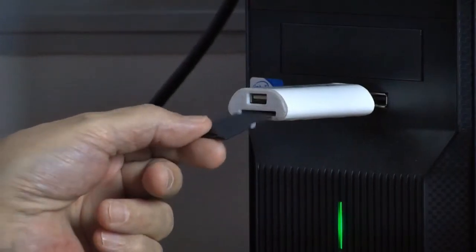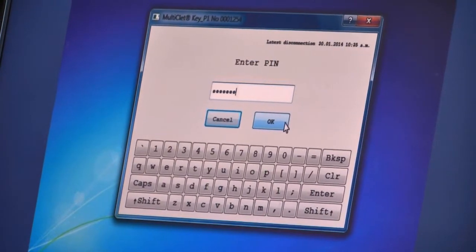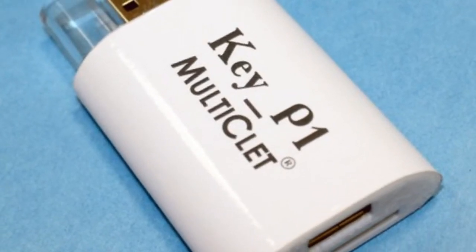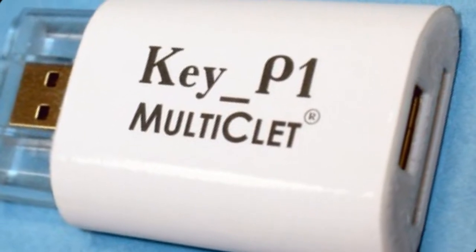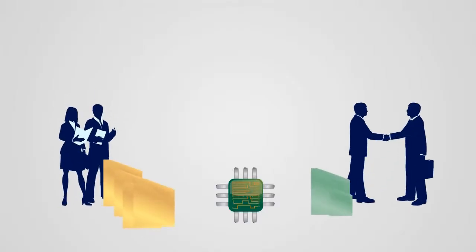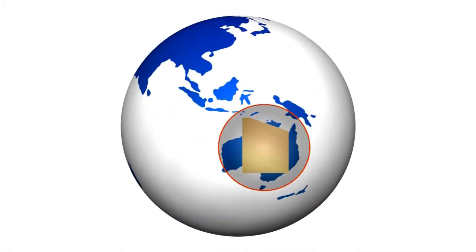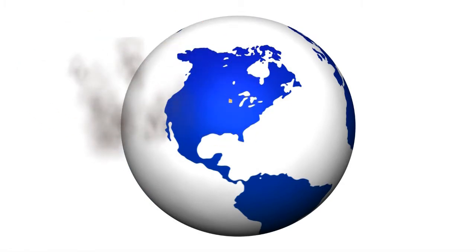To give your data extra protection when working with files, enter a PIN code using a virtual keyboard. Using the corporate version of Key P1 Multiclet, you can set a file access hierarchy. For example, Financial Department documents will not be available for Client Relations Department, and meanwhile, the CEO can get access to files of both departments. Keep Key P1 with you and exchange confidential information with friends and home office using your synchronized guardians.